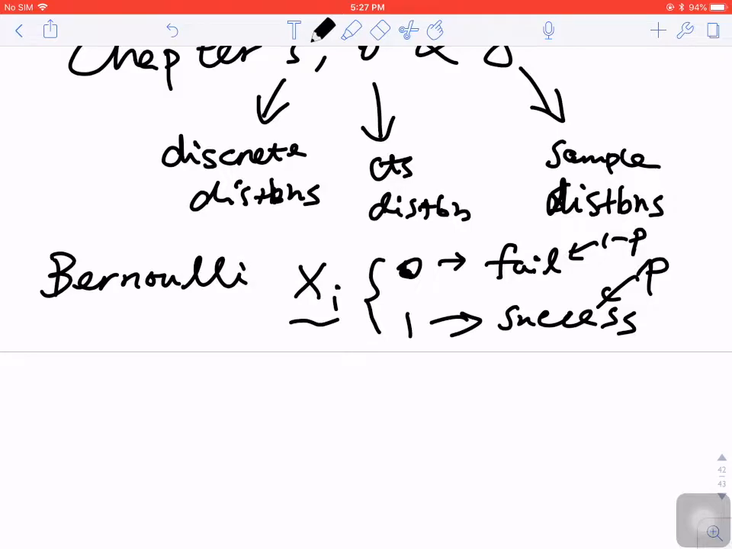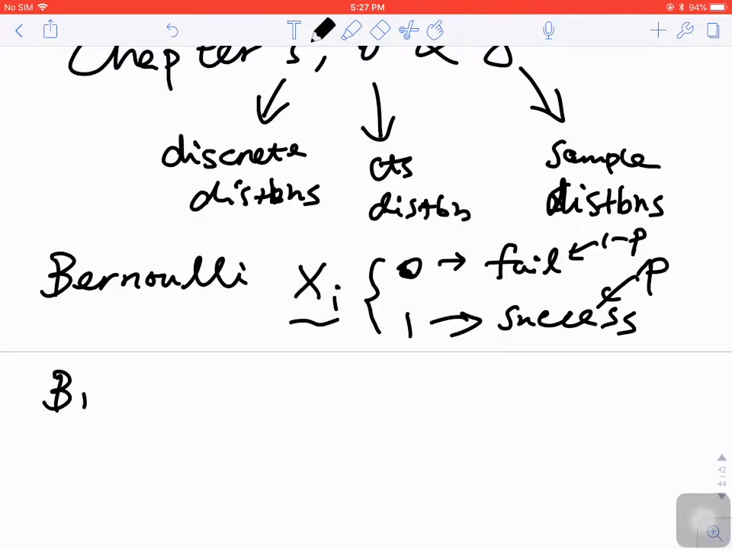Okay, so it has its own PMF because it's discrete, right? Its possible values are 0 or 1. And you also need to know its expectation and variance, right? So based on this,